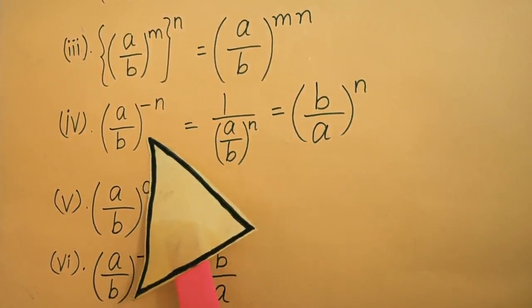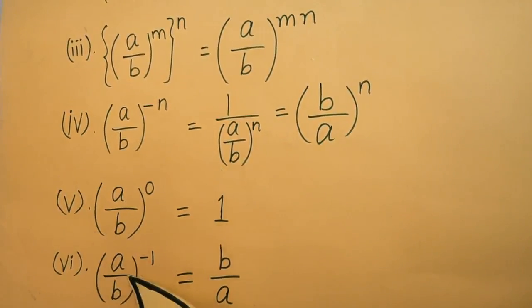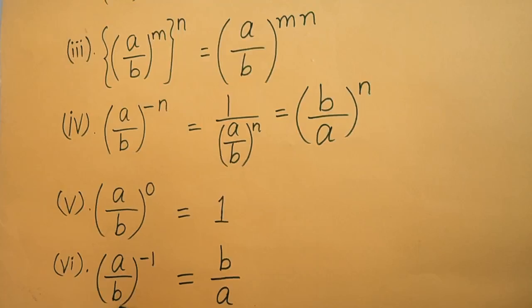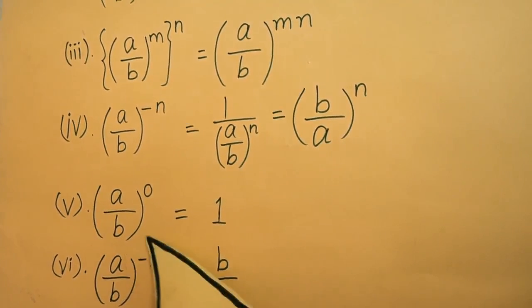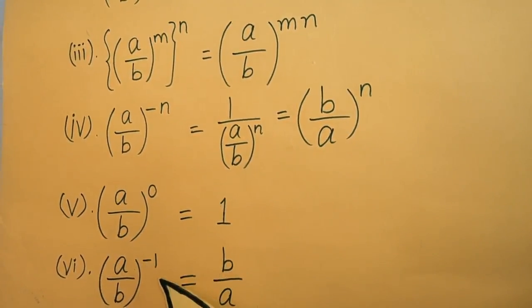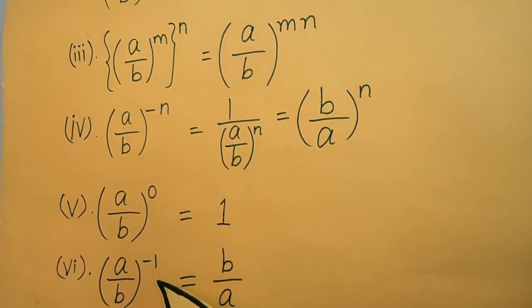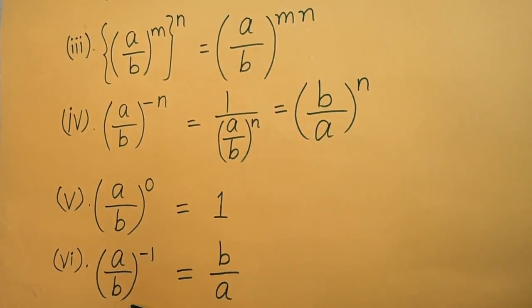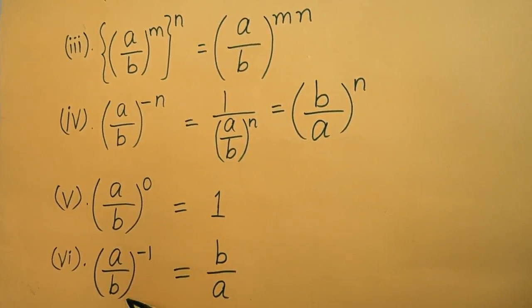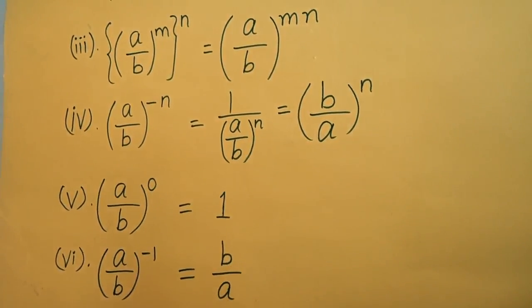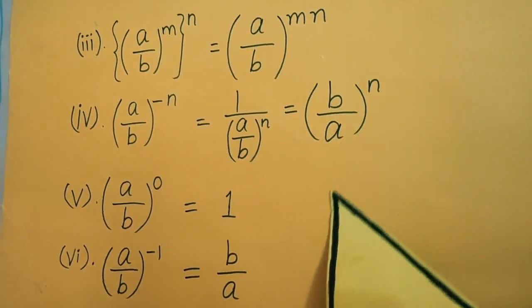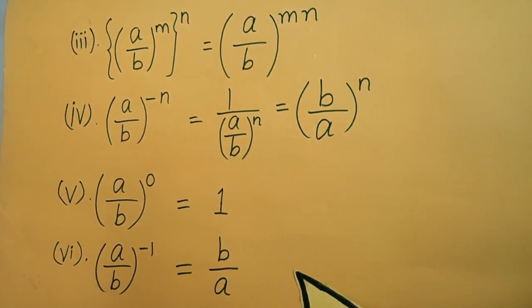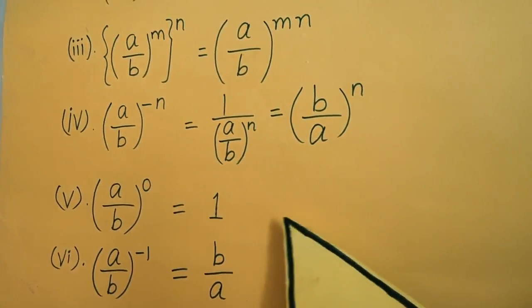As I said, in this law, the both laws will be the same. See here, (a/b) whole to the power of minus 1. As you are seeing, the power is negative, so the base will be taken as reciprocal. What is the reciprocal of a by b? Which is b by a. So I hope you understand all the laws of exponents children. Then we can see the problems on the slides. You understand the teaching aids which I am showing you children.